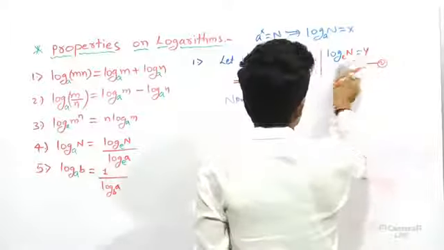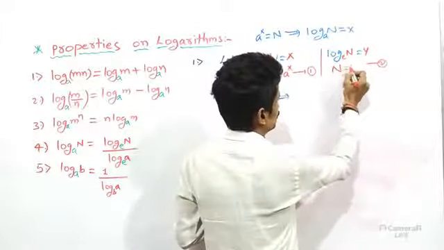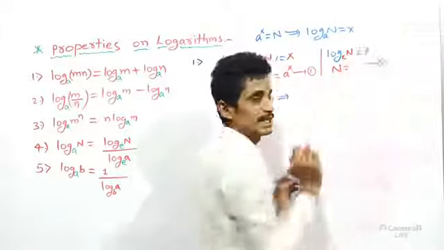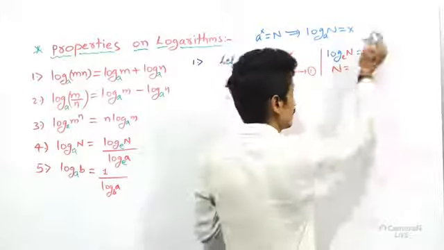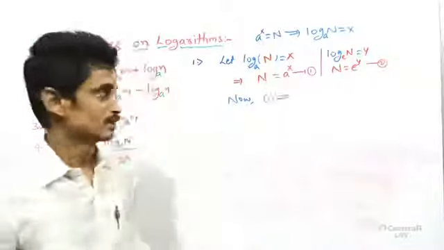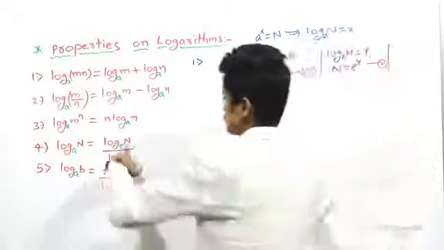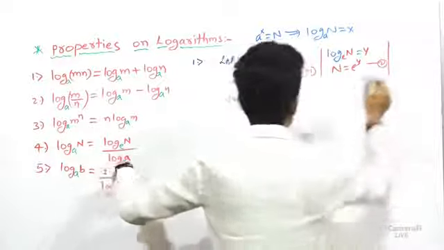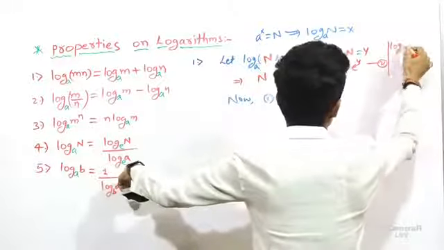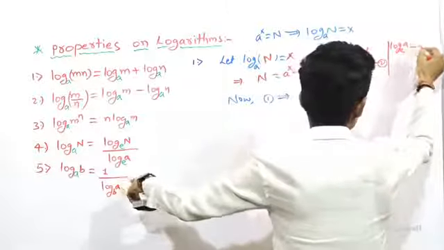RHS part, there are two values I have, one is log n, another one is log a. So here we can see log n, what is that? Log n to the base e is nothing but y. Then what about this one? N number, right, as it is, e will lift to y. In the place of a we have e will lift to y. It should be e power y. Got it? That is equation number 2. Go through the equation number 3. Means one more term we have. What is that? Log of a to the base e.